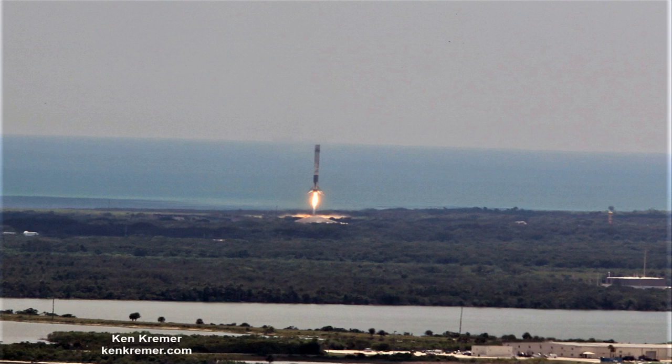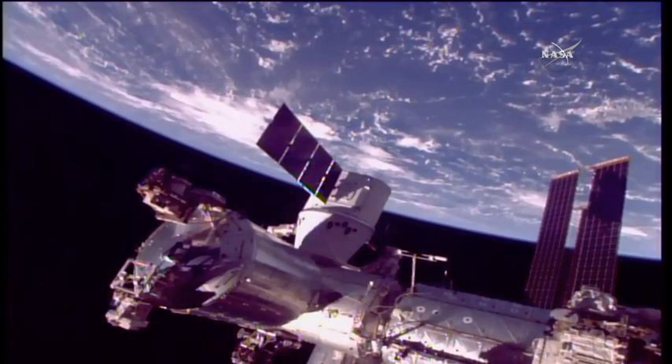SpaceX launched its 12th resupply mission to the International Space Station from NASA's Kennedy Space Center in Florida at 12:31 p.m. EDT on Monday, August 14, 2017. Credit Ken Kremer, KenKremer.com. Monday's picture-perfect lunchtime liftoff of the unmanned SpaceX CRS-12 Dragon cargo freighter bound for the ISS